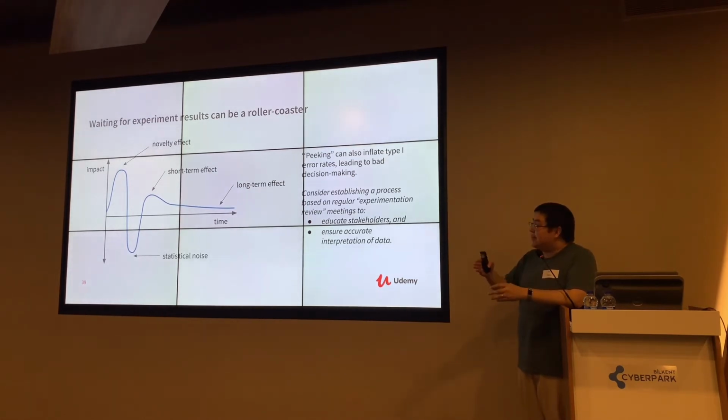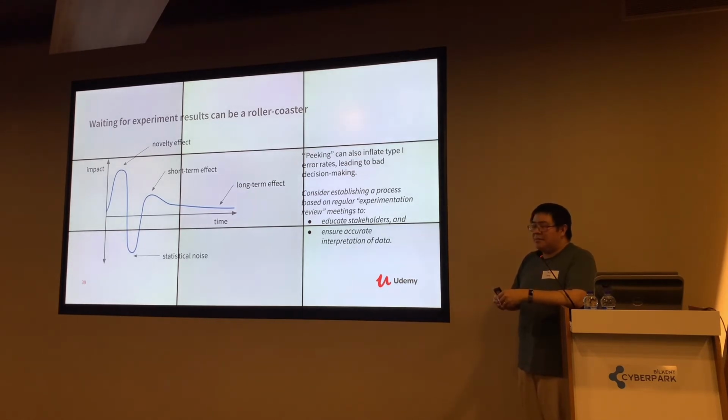So there are many phases of how metrics can evolve, and one of the consequences to this is it can actually be very tempting to just peek at your results all along the way. For those of you who are statisticians, you know that peeking can actually lead to inflation of type 1 error rates. So the thing that you really need to do here is you need to think about, if you want to be able to navigate situations where it looks like your effect sizes are fluctuating over time, but you want to make reliable calls, how can you codify that into some type of repeatable process